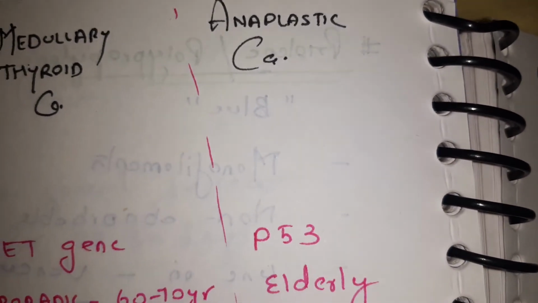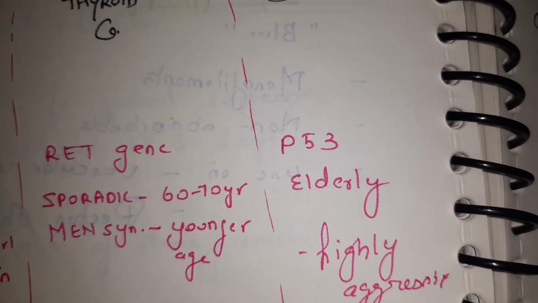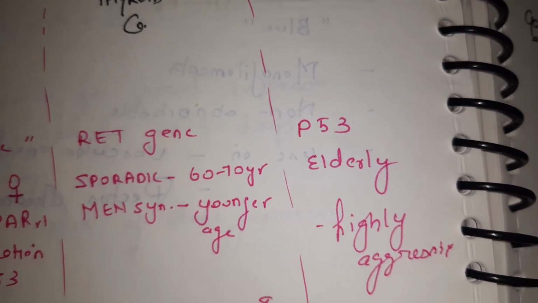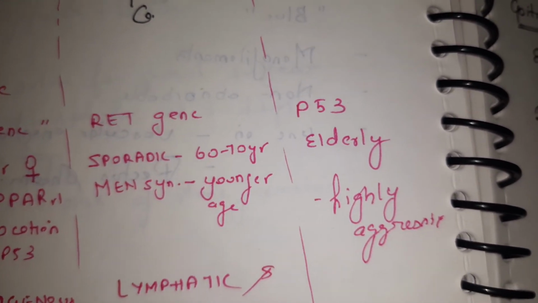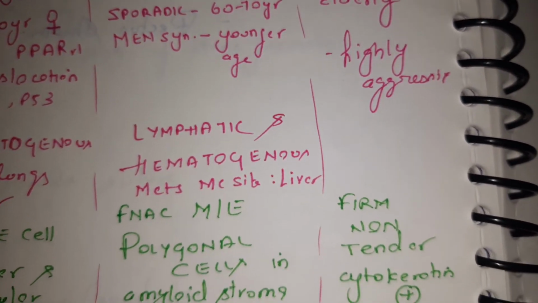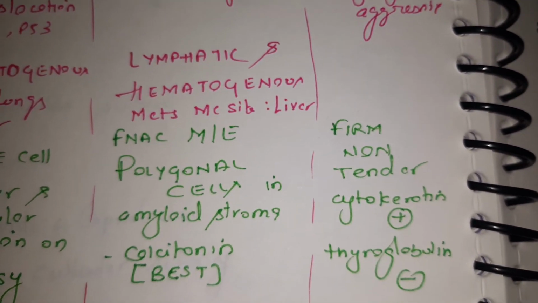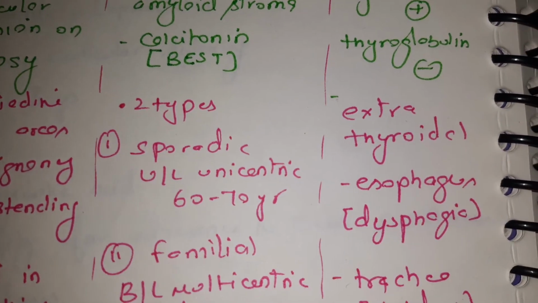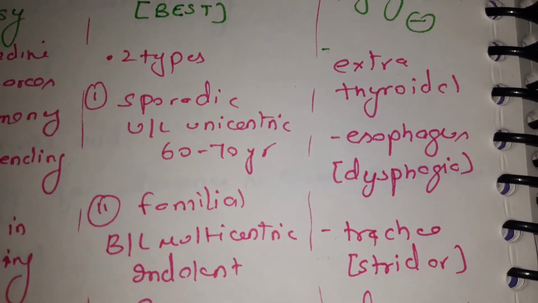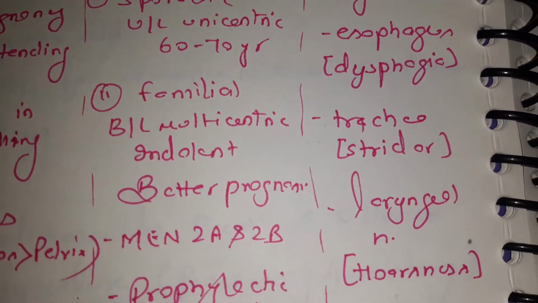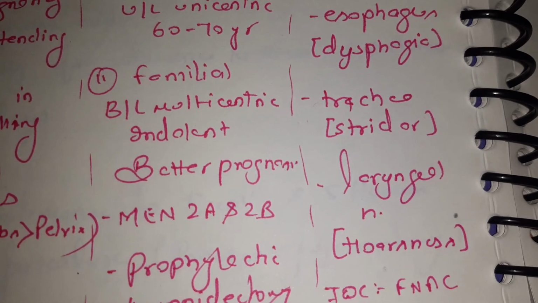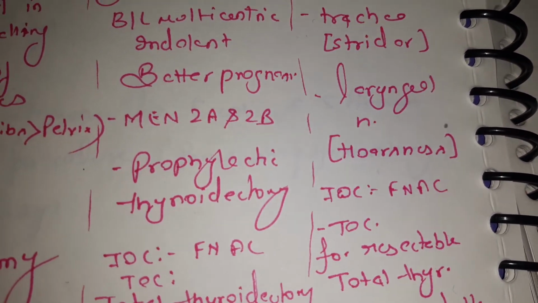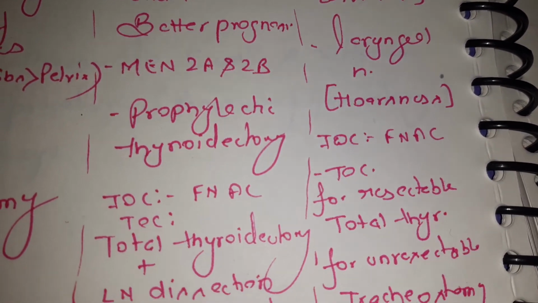So let's discuss the anaplastic cancer. We have the P53 gene association, that is the P53 mutation. So we can see the mutation in all of these genes. Then the age will be elderly, highly aggressive, firm, non-tender, cytokeratin is positive, thyroglobulin is not present. Extrathyroidal involvement will be there like esophagus, dysphagia, trachea, stridor, laryngeal nerve involved, and there will be hoarseness. Investigation of choice is FNAC, and treatment of choice for the resectable one is total thyroidectomy. For unresectable is